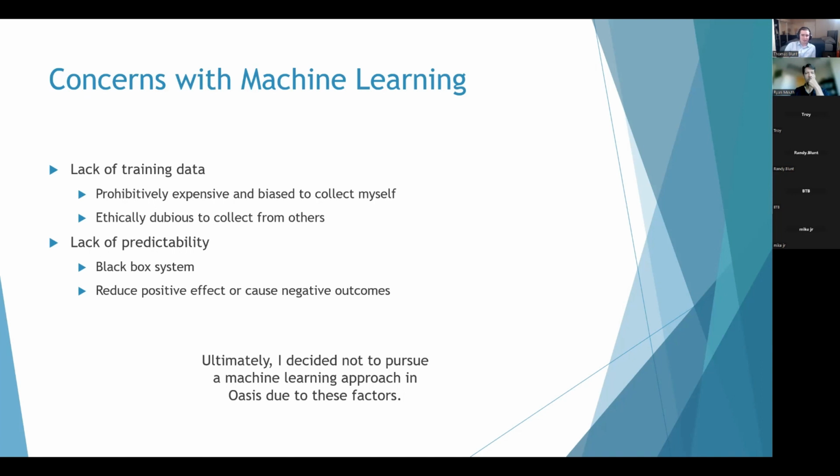So this type of data involves gambling with real money, which has higher stakes and insurmountable financial and ethical barriers for a project of this scope. Also, even a well-trained machine learning model has a large degree of unpredictability and inexplicability. Machine learning models are black box systems, which means it's impossible to see what decision-making processes are going on inside the network. And that can cause serious issues with liability, as there could be some situations where the model has a diminished positive effect or even a negative effect on gambling behavior. It'd be impossible to know beforehand.